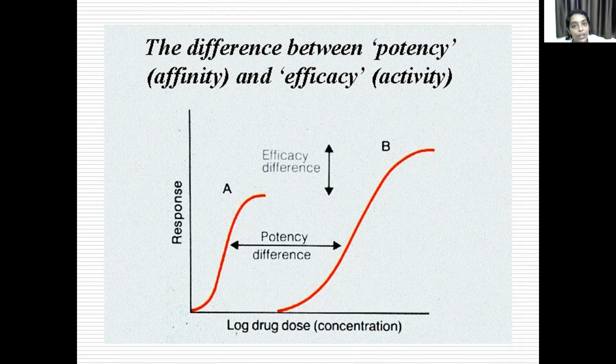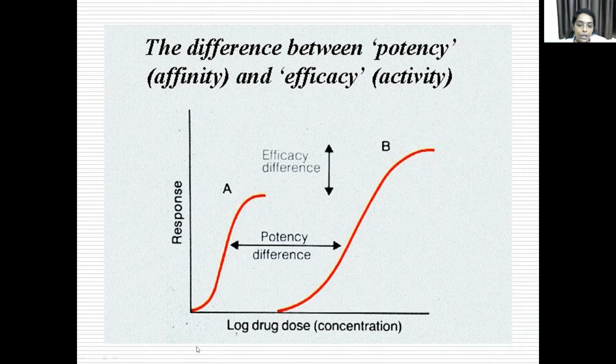One more advantage is that you can differentiate between competitive and non-competitive antagonism. In the last class, I showed you the log dose response curves of reversible competitive antagonism and irreversible competitive antagonism. There we could compare the potency between the sigmoid curves. You can compare the potency of the drug which is used.